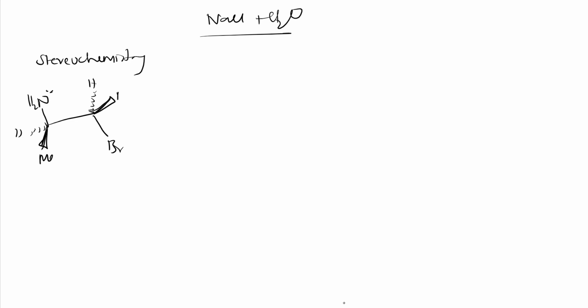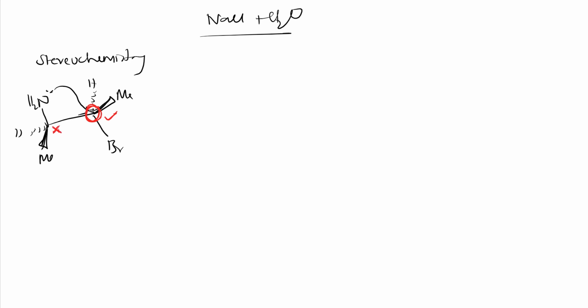What is the stereochemistry? I have explained these things. Whenever a compound like this, here an NH2 group is there with a lone pair, and here a leaving group bromine is there. Here you can place hydrogen below, methyl above. Here also you can do like this, hydrogen below, methyl above. If an intramolecular SN2 reaction happens, only the stereochemistry at this carbon changes. Here there will be a change in stereochemistry, but here no change in stereochemistry, which I am showing by a wrong mark.